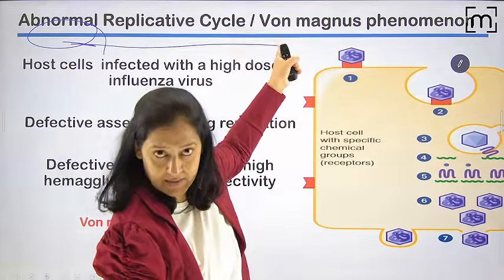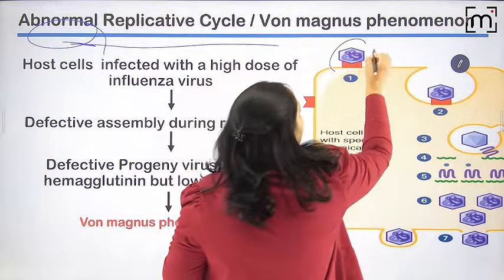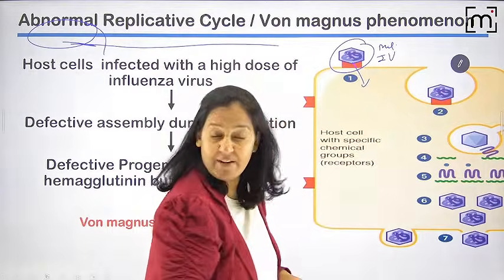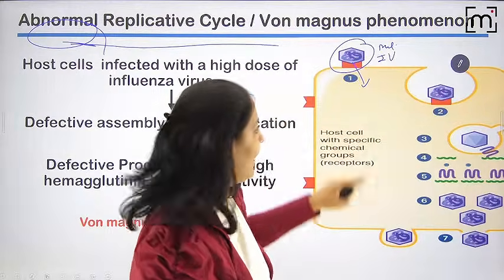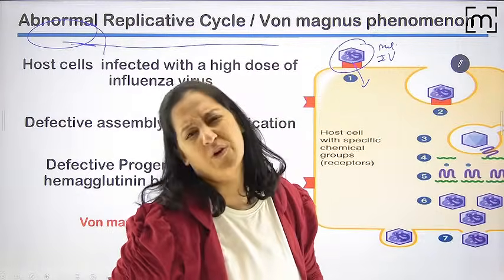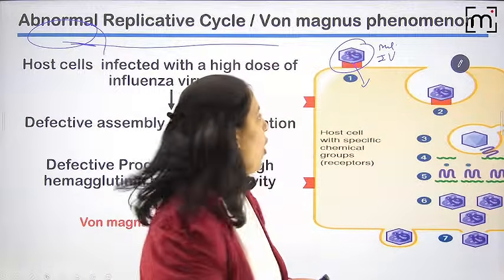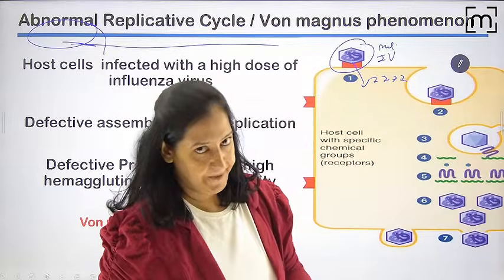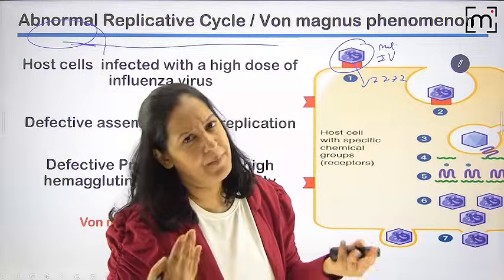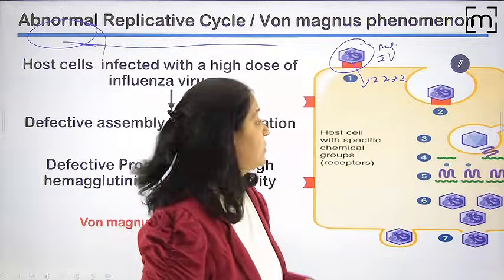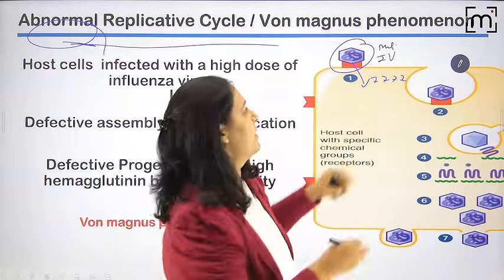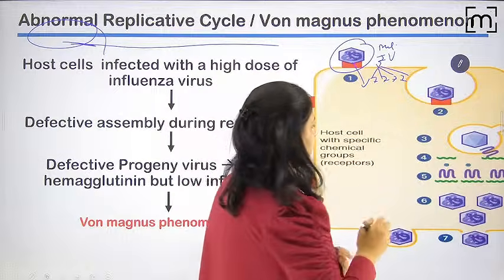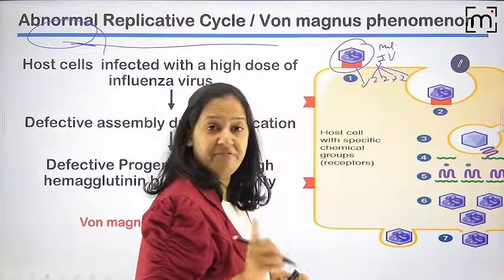Then this will happen. If multiple, not one, multiple influenza virus, orthomyxovirus, enter one host cell, what will happen? Dhakka-mukki, overcrowding. All the 7 steps of all the viruses will take place. All viruses will attach, they will penetrate, they will do uncoating, biosynthesis, assembly, maturation, and release. So there will be dhakka-mukki. All the 7 steps are repeated for all the viruses. There will be overcrowding inside.